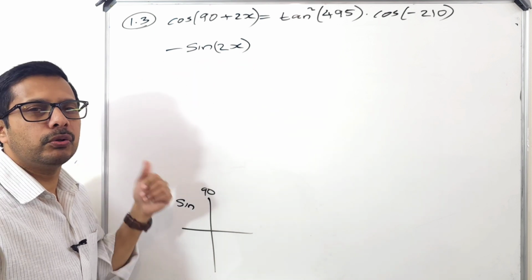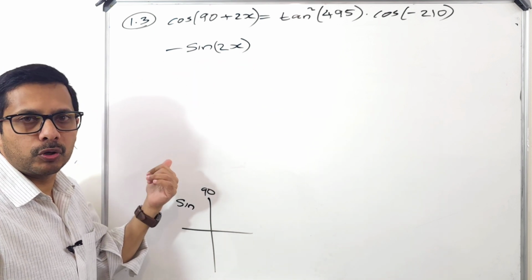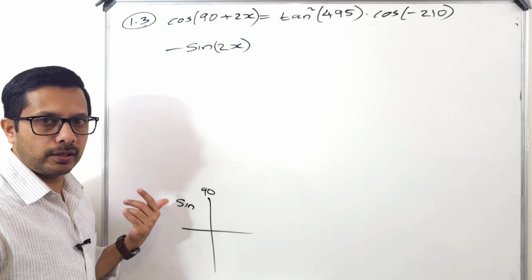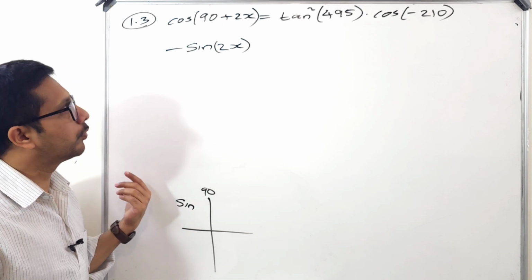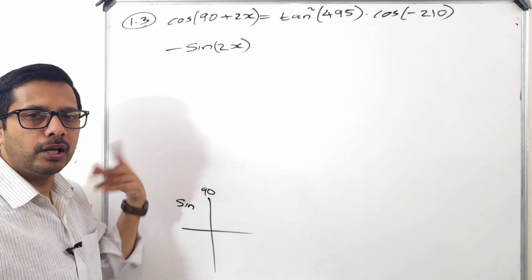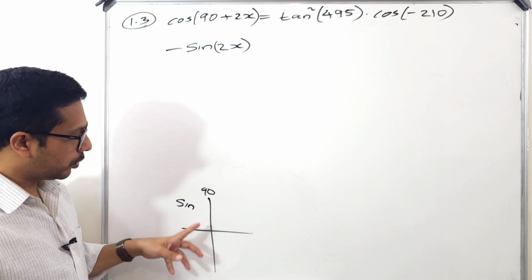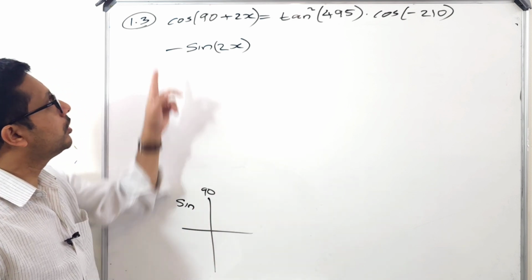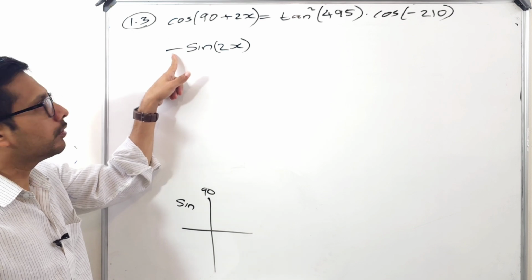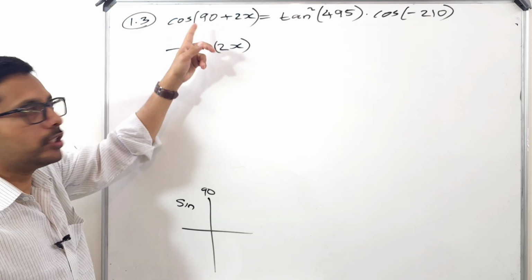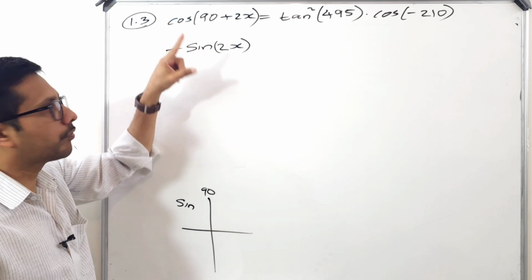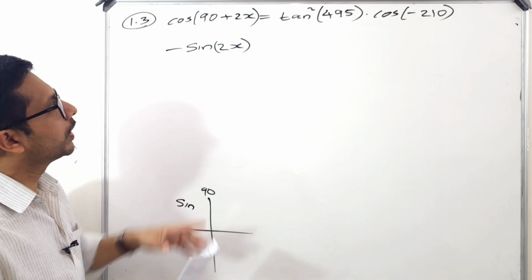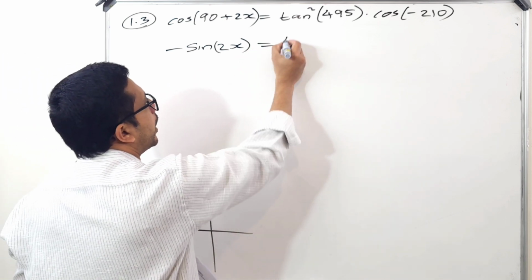So guys, you have to study the reduction formula. I hope you already studied the reduction formula and how to apply it. That's why I'm explaining directly without much detail. 90 plus means second quadrant. In the second quadrant sine is positive. Here cos, so it is negative. If it is based on 90, you have to change to its cofunction. What is the cofunction of cos? It is sine. Is equal to tan square